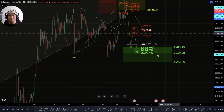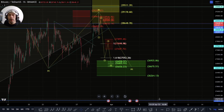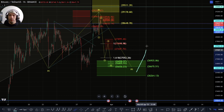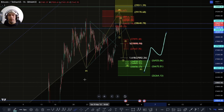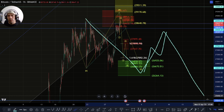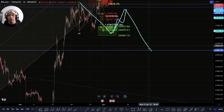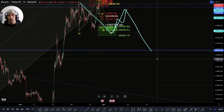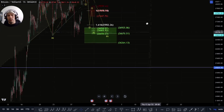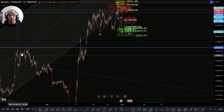If we do move down in this way, where this is an A, B, and a C, what we're going to have to see is how this reacts to the upside from this point. If we just get a three-wave move up, it could indicate that we have a bigger correction in play here, where this becomes A, this becomes B, and then we're going to get a deeper C wave to the downside, which could actually look to bring us down towards this 25,211, which I think is going to be an important level if we are looking for continuation, basically coming back into some of these highs here and finding support above